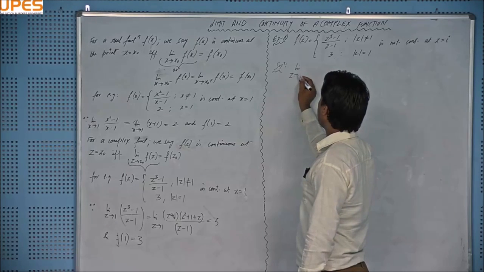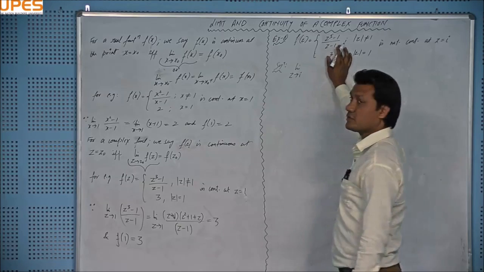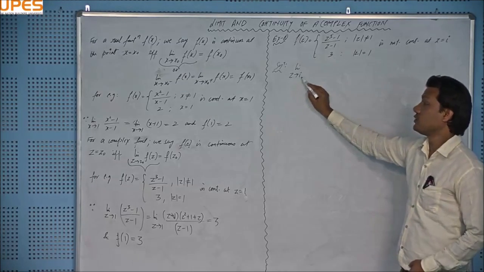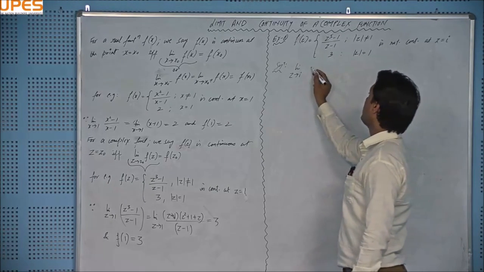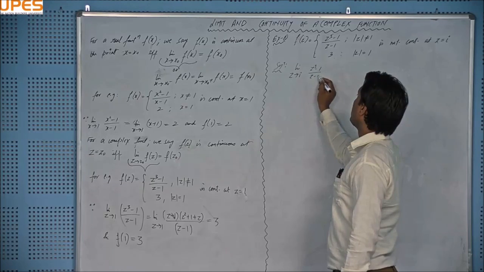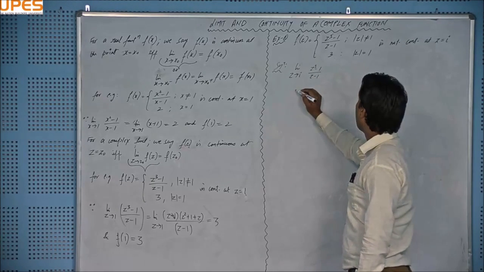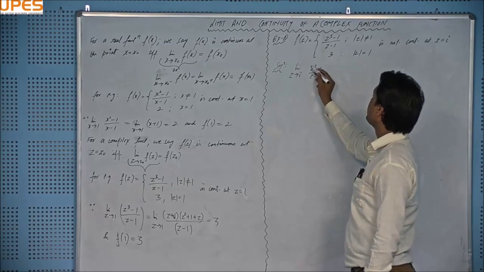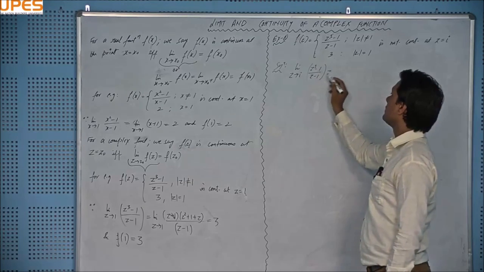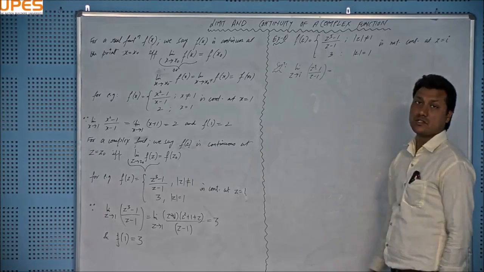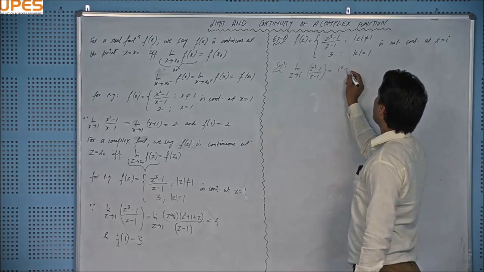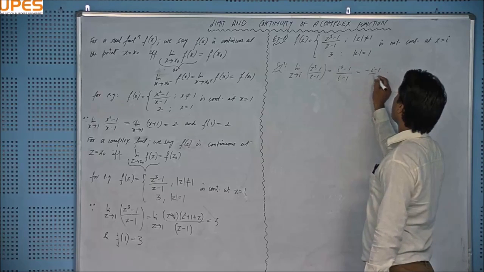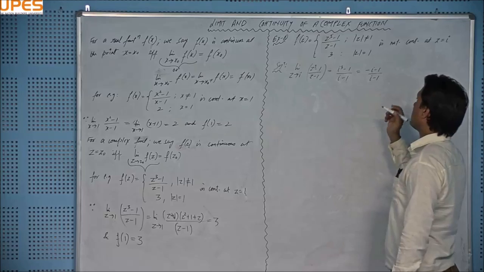Limit z tends to iota: I will use this function because the modulus of z is not equal to 1. This is not actually equal to iota, this is approaching iota. So I will use the value (z cube minus 1) over (z minus 1). Putting iota directly, because I am not getting the 0 by 0 form, that will give me (iota cube minus 1) over (iota minus 1). So this is the